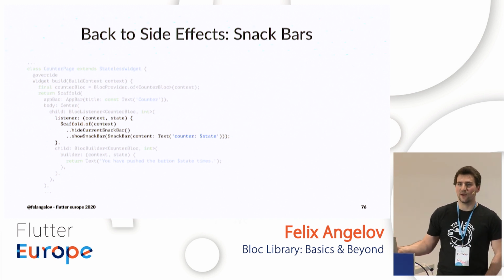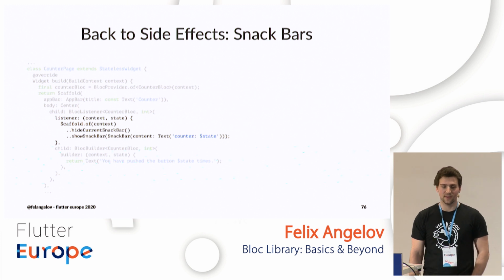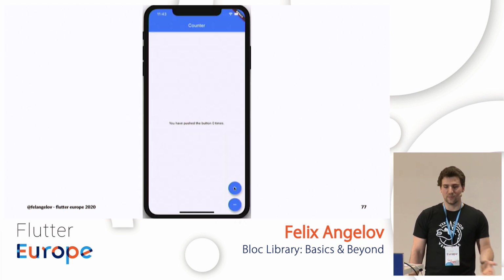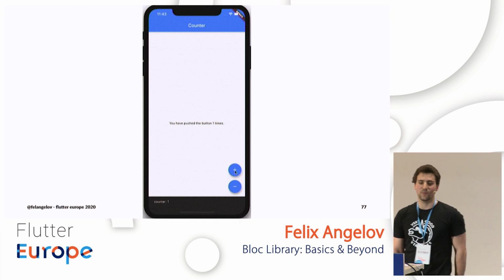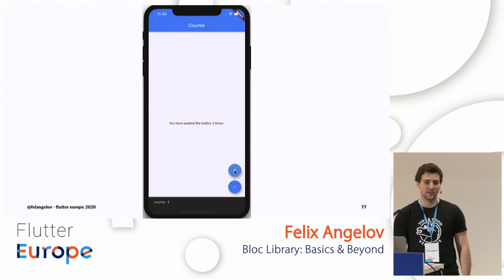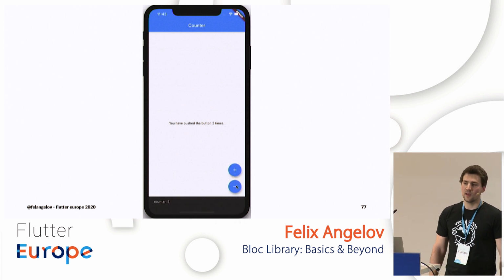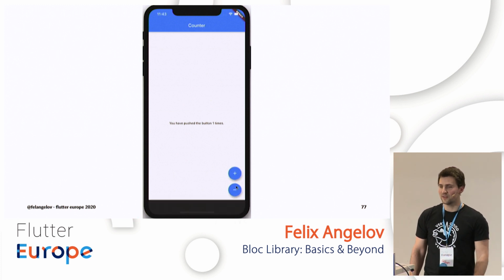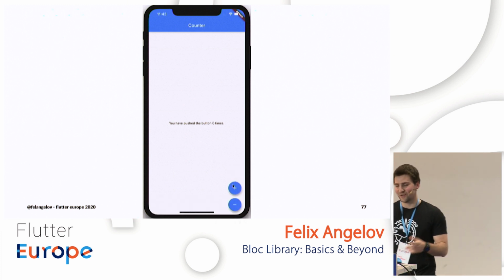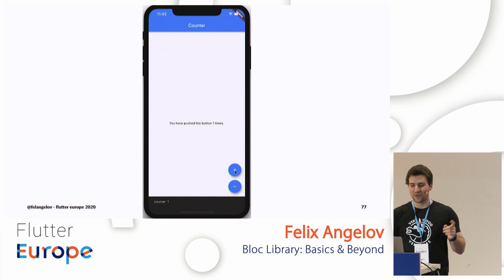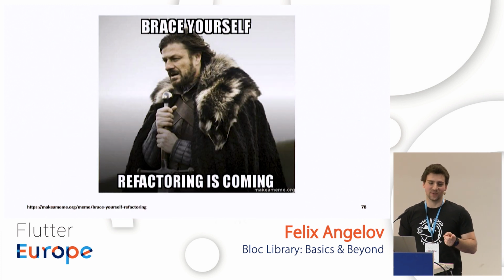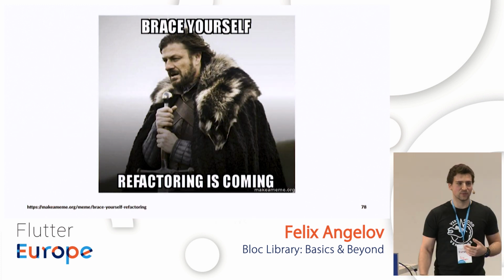In this case, we'll just say counter: the value of our block state. And we'll end up with something that looks like this. So both the text in our counter is updating, as well as a snack bar popping up with the value of the counter. Pretty exciting stuff, I know. And you might think that we're done, but actually we have some refactoring to do, because we can simplify this